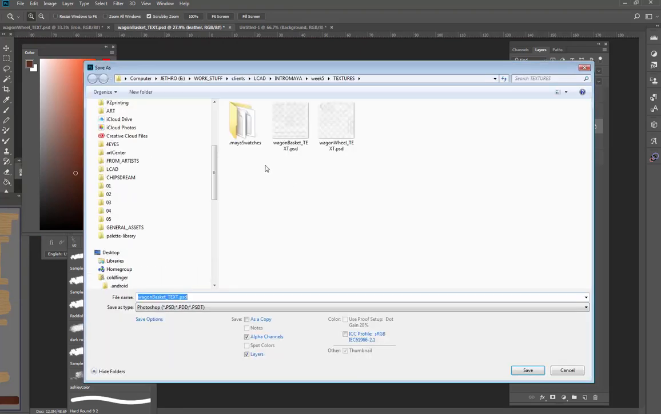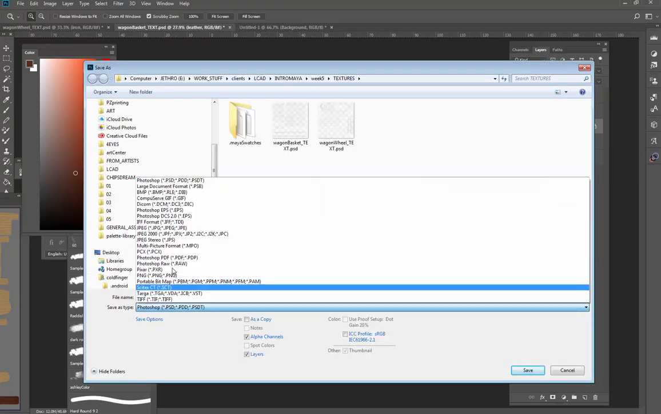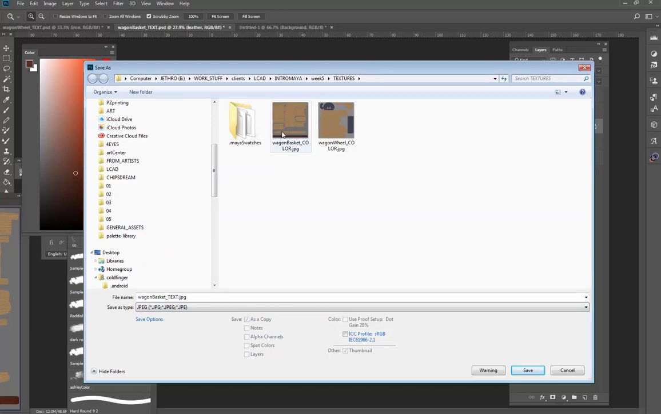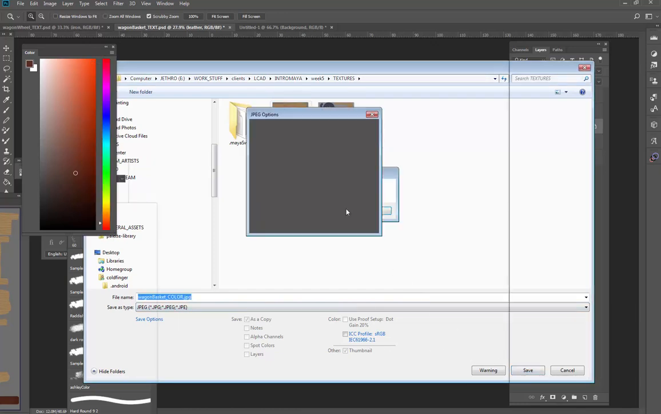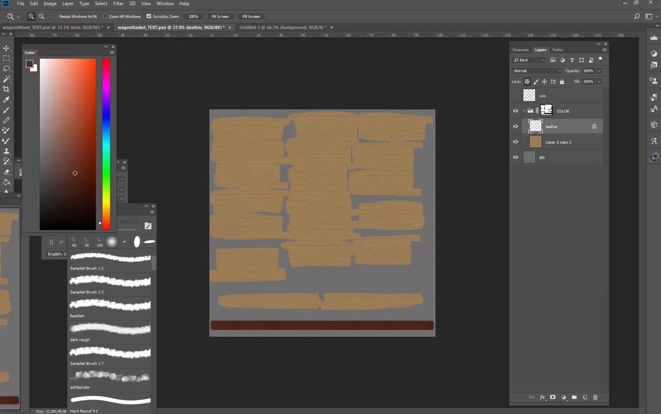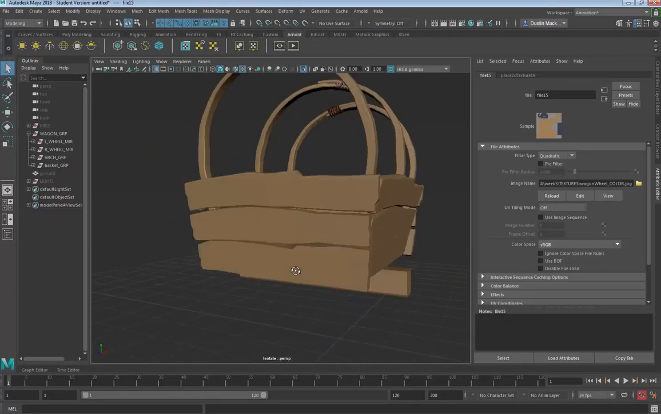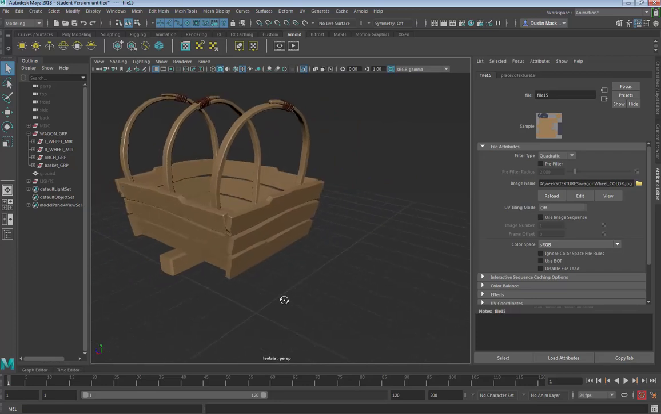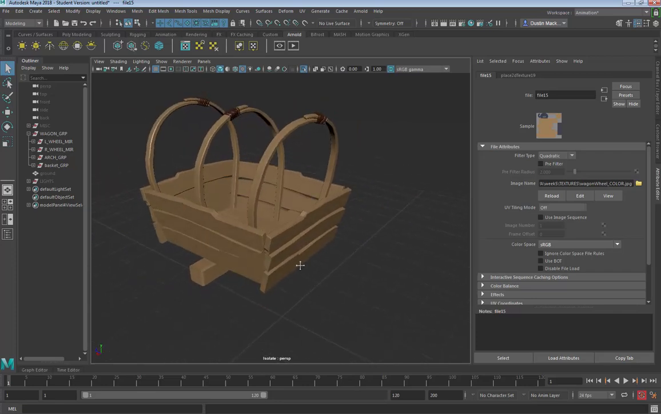So I'll do a save as, Command Shift S, go to JPEG, and we'll go ahead and load the color for the wagon. And we'll say save. So we're going to say save this as wagon basket color.jpg. Is the JPEG that's correct? It's going to say, do you want to overwrite it? Yes, I do. And I'll jump back into Maya, and by default, you may not see the textures automatically update,